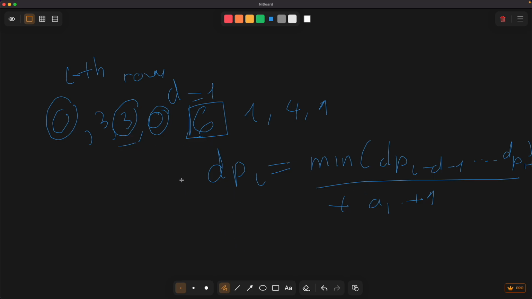So the min cost on the other side of the riverbank is dp[m],